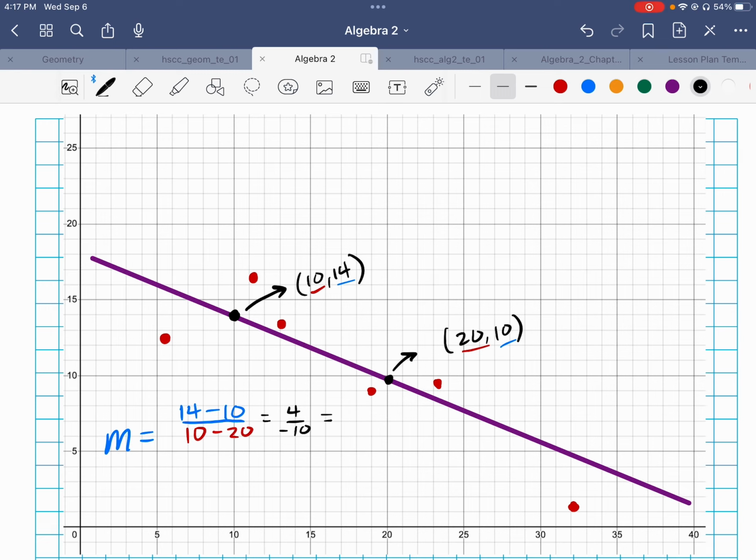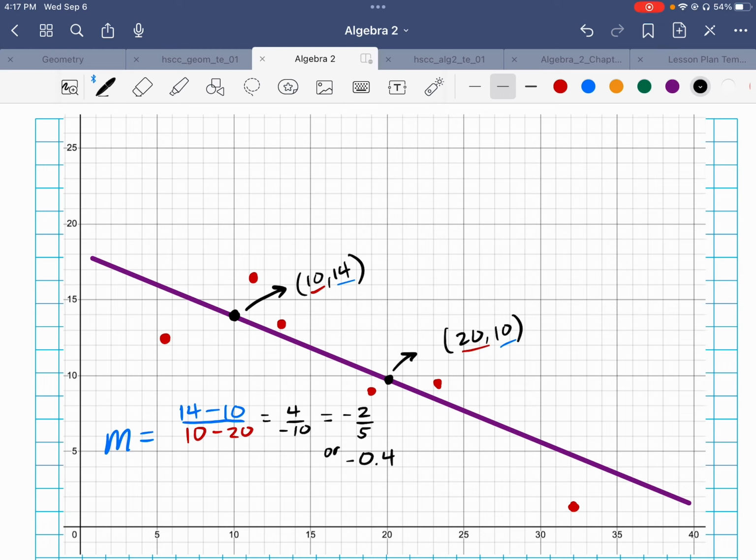And we now have a slope of negative 2/5. Now, if you want to write it as a decimal, you can write it as negative 0.4. That's up to you. I don't like decimals, so I'm not going to be using that decimal right there. All right, step number